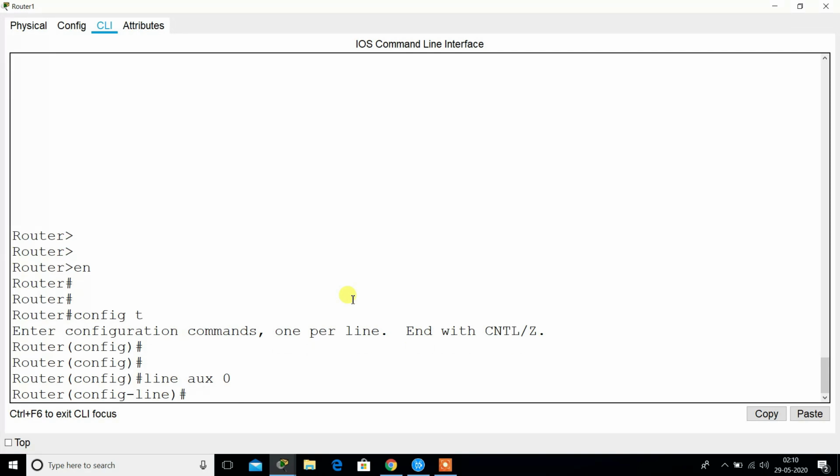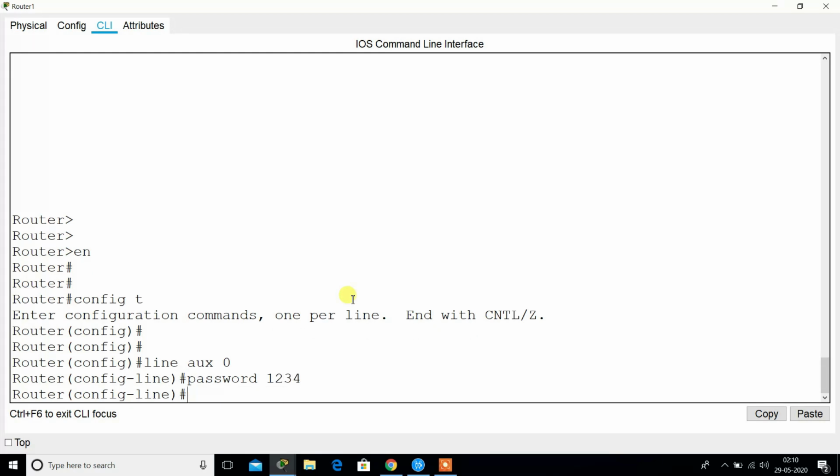Press enter. For applying a password, we use the command password 1234 and press enter. Now the password is successfully applied. Exit from here.